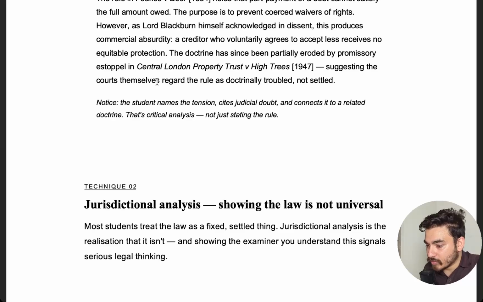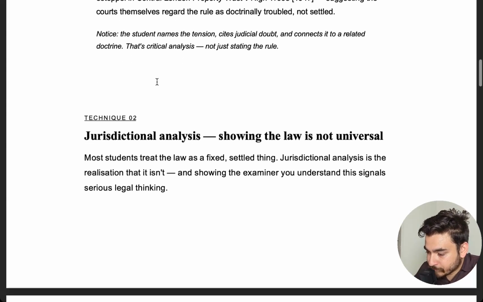Another thing I would probably add here is a sentence following the last sentence, stating what my opinion on that case would be. That would make this a 70 plus answer easily. In its current state, it is a 70 answer. Somebody who's stuck at a 50 or a 60 is probably just stating what the law is and then moving forward.